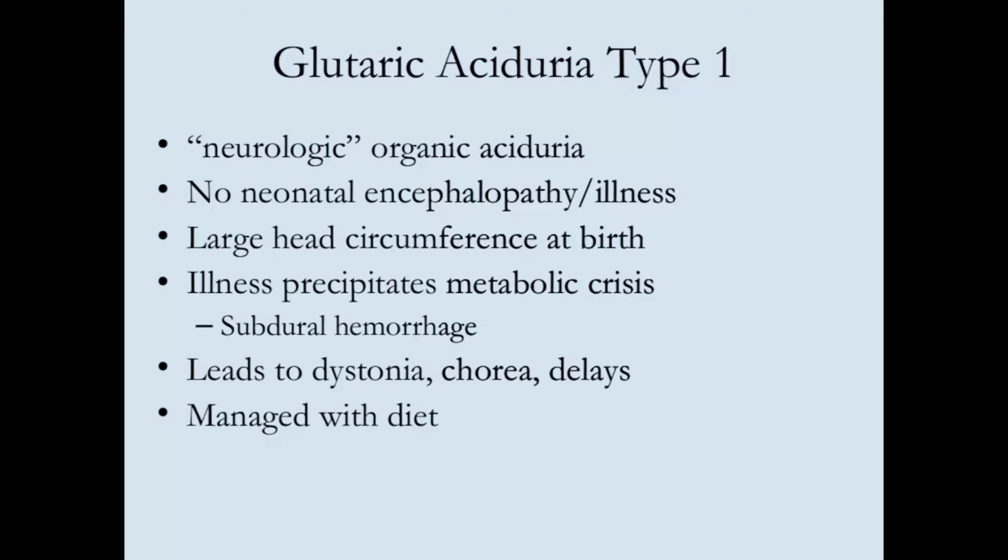One of the brand names is Glutaric. I think Ross makes that. This is one of these diseases that should be on the differential for non-accidental trauma, because obviously a subdural hemorrhage in a child is not normal, and unfortunately most of the time it is non-accidental trauma, but in those rare cases it can be a metabolic disorder, and that should be looked into certainly before you make a decision about any sort of social situations, etc.